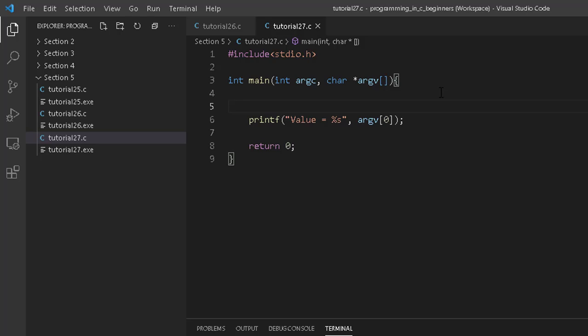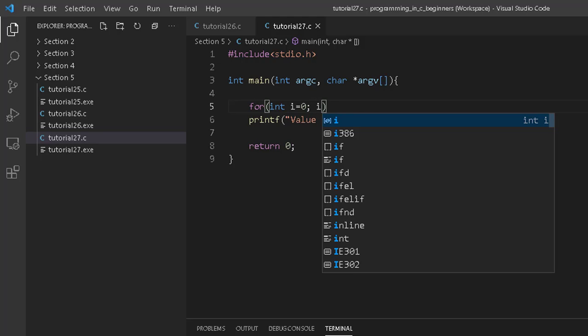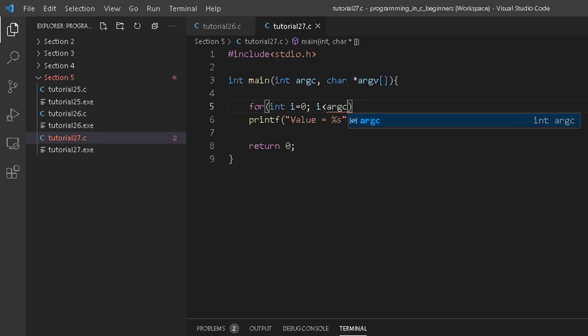Now here I will implement one more thing which we have not discussed yet, and that is nothing but a loop. If you are coming from a programming background, or if you have gone through my previous tutorials on BlueJ, then definitely you must know about loops. But if you are new to loops, then don't worry if you don't understand the code, because here we are not explaining this code. We are just discussing what the parameters and arguments are that we can pass to the command line. Again, if you don't understand it, don't worry. Later down the line, you are going to understand each and everything I am writing down.